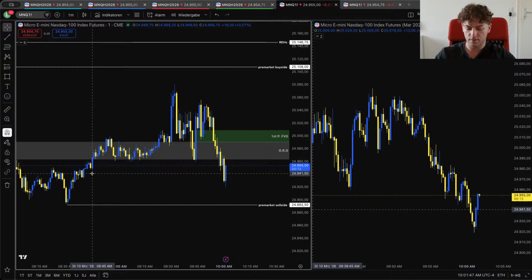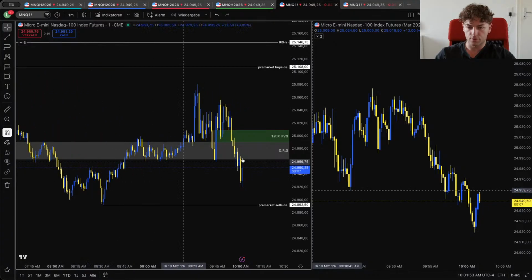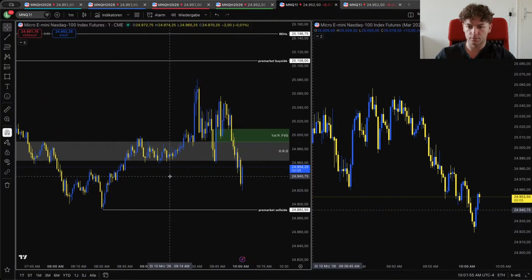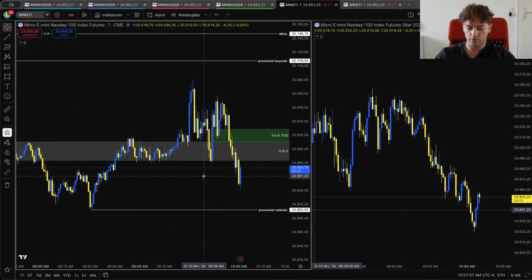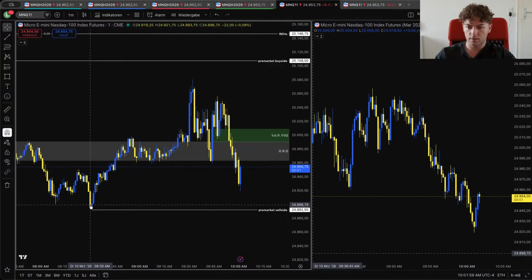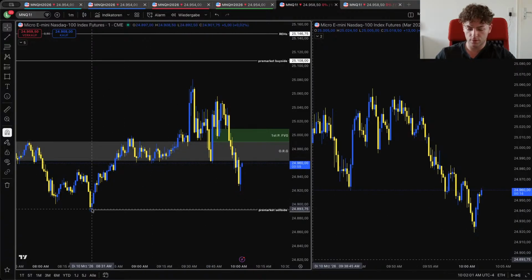Interesting. ICT is giving a commentary on X right now. He's actually just confirming what I said so far. He's also looking for this sell side liquidity pool, as he mentioned right now. And ICT is also